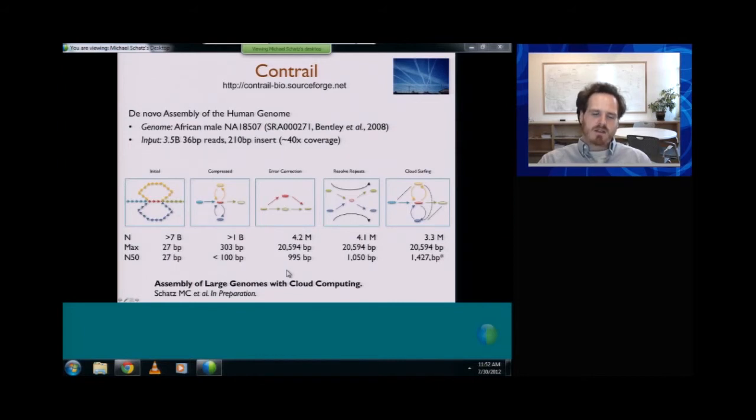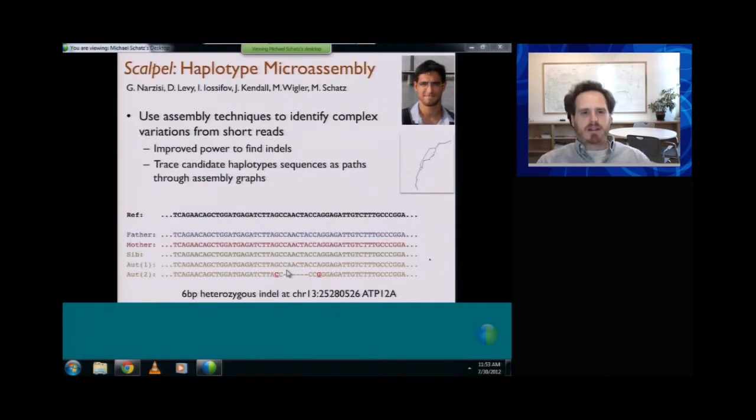So this is a pretty good genome assembly for these data, taking billions and billions of isolated nodes and then reducing it to a few million with the different parts of the genome reconstructed. This same sort of assembly idea is also being applied in addition. So that was an example of trying to assemble the human genome. We're applying the same sort of idea to assemble multiple people at once.